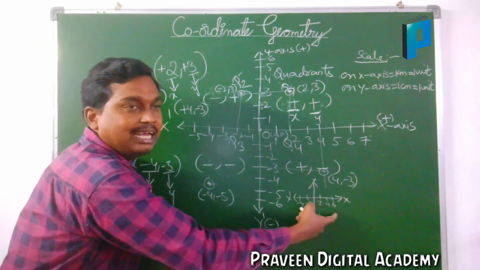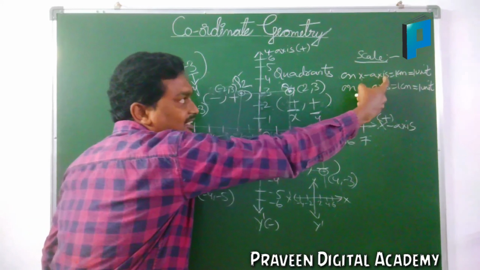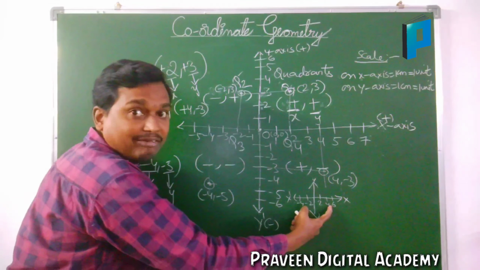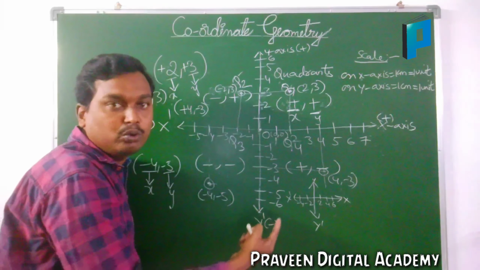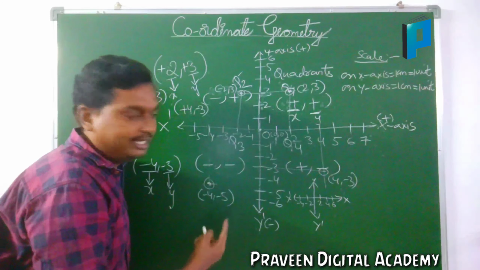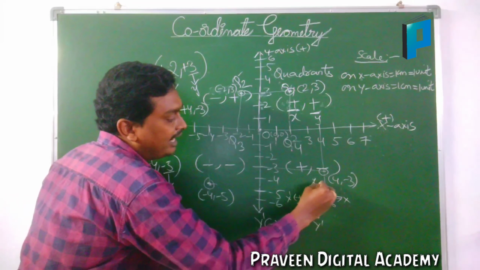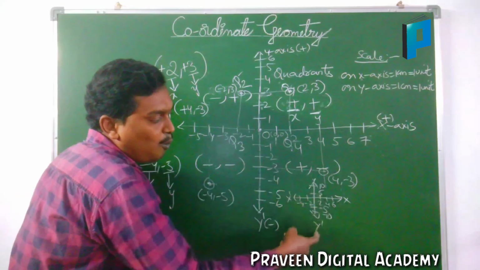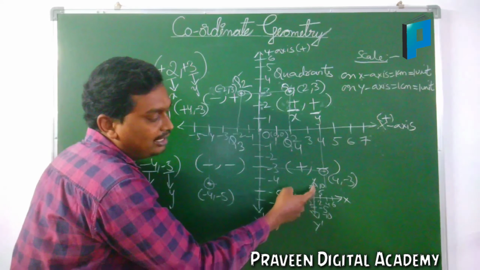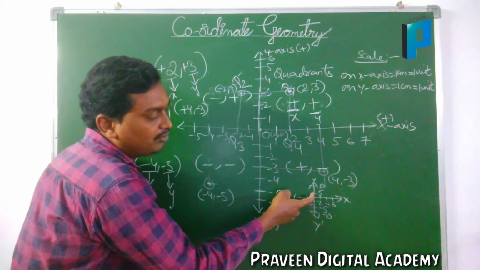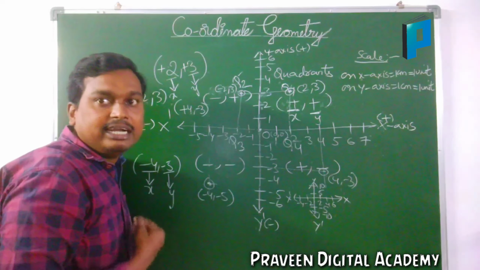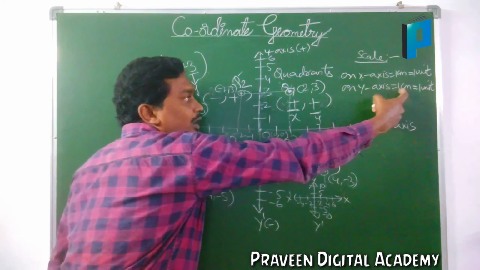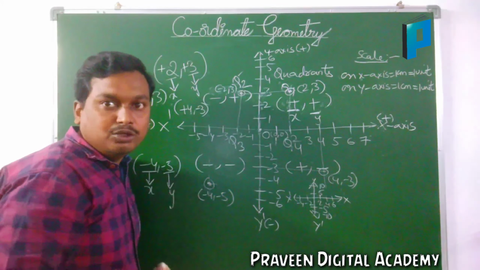Here, if you are taking it like this, on the x-axis, 1 centimeter is equal to how much? What gap is there? 2, 4 has a gap of 2. 4, 6 has a gap of 2. You should say here 2 units. Here you can take 5, 10, and here minus 5, minus 10. The y-axis has a gap of 5. What is the difference between 5 and 10? The difference between 5 and 10 is 5. So you can say on the scale, on the y-axis, 1 centimeter is equal to 5 units.